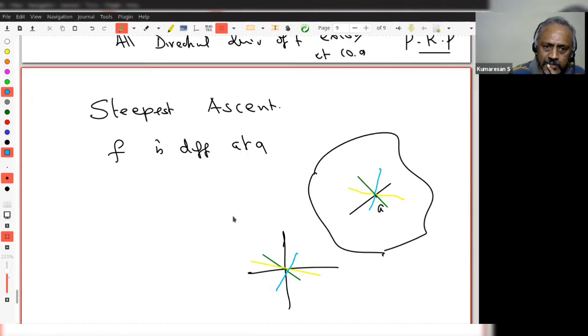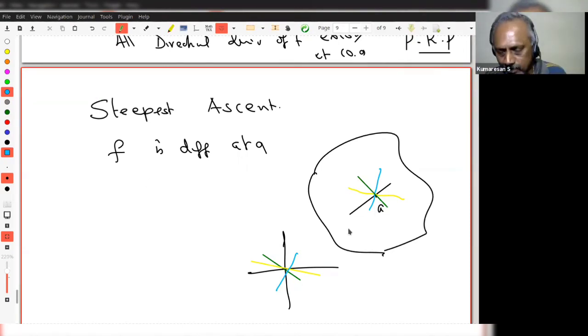What I want to know is along which direction my f in modulus will be increasing fastest. That is the rate of change of f in a particular direction. I want it to be maximum. I want to know which direction. Is the question clear? Because remember, Newton's way of looking at derivative, it is a rate of change. So in which direction the rate of change of f at A is going to be the steepest, fastest. Okay, that's what we want to answer.